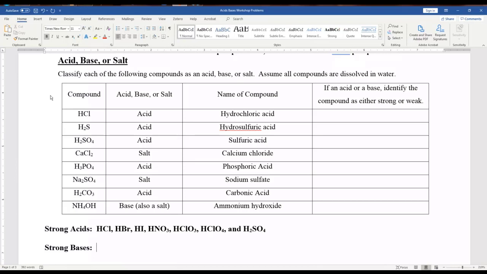Any other metal hydroxide is going to be a weak base, but your strong bases are going to be your soluble metal hydroxides. So, what are the soluble metal hydroxides? That would be LiOH, lithium hydroxide, NaOH, sodium hydroxide, KOH, and technically speaking, CsOH, and rubidium hydroxide, RbOH. But the truth is, rubidium and cesium are pretty rare elements, so you really don't see those come around